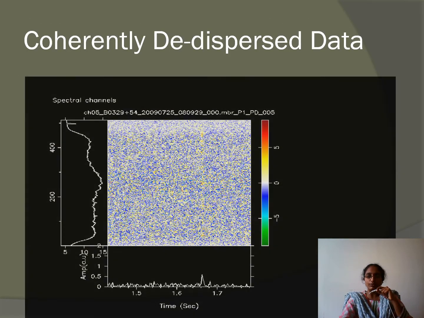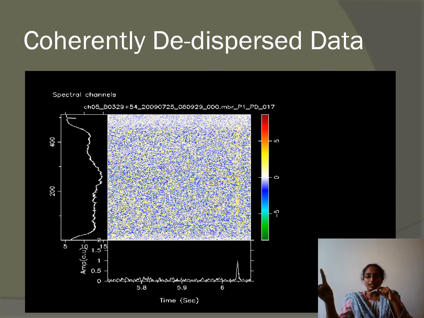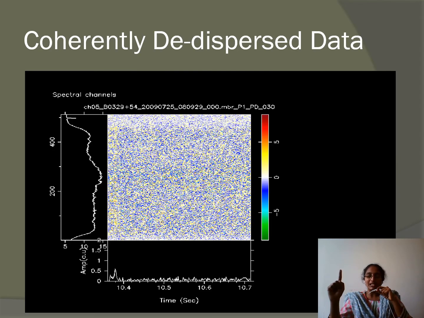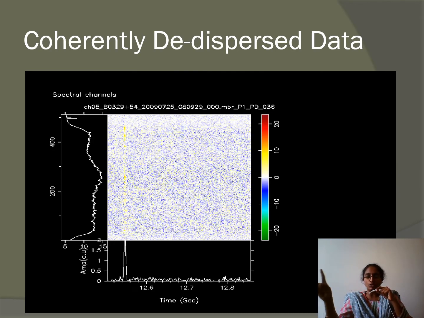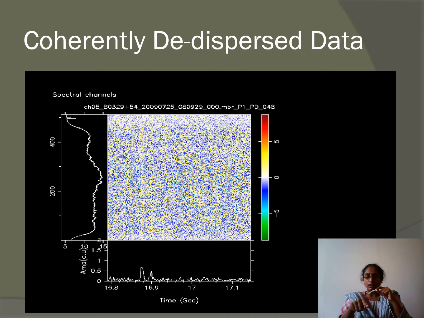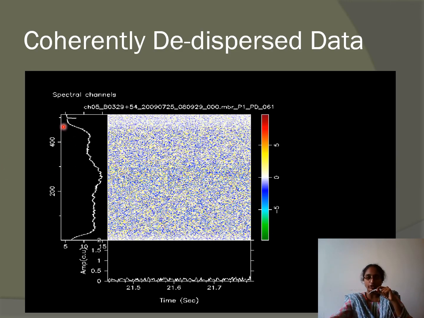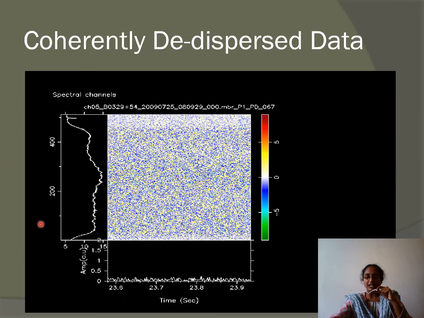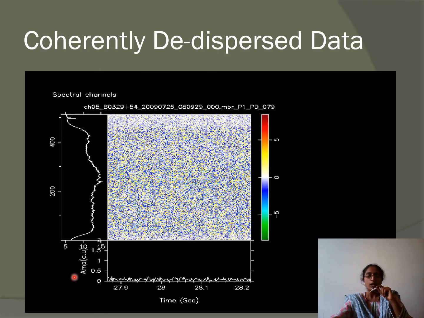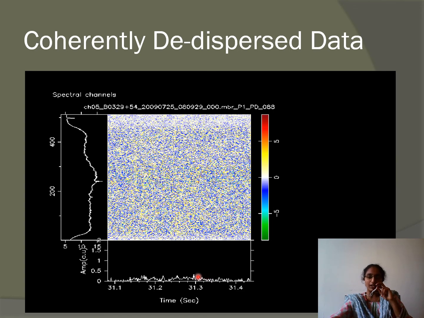Now here is the video of all the frames, where you can see after correcting, I have taken the complete time duration of the recording. You are able to see exactly at the pulsating times you are able to get the peaks. Even in the image you are able to see, and on the time average you are able to see. Whereas the left pane is talking about the frequency average, and because the frequency is not varying much, it is almost constant, but the temporal average on the down pane is showing us how it is varying with respect to every pulse.